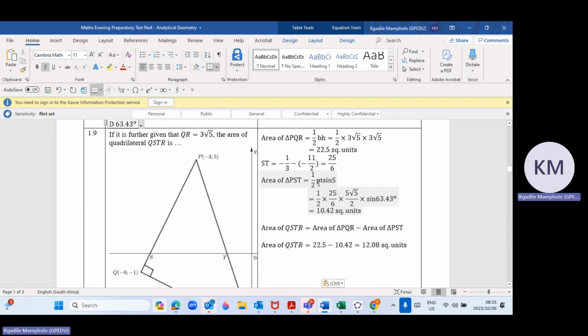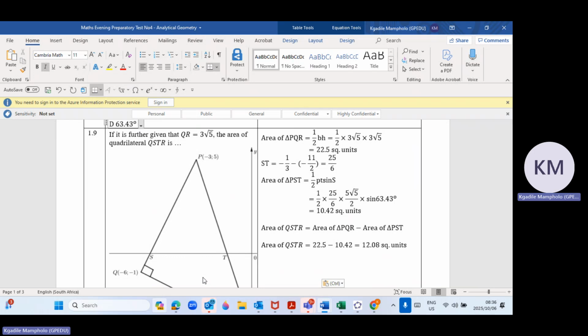So the small letter t, the small letter p will be the length of ST we calculated here, and then the length of the small letter t is this side, which is the length of PS, which we calculated in one of the questions as 5 root 5 over 2. Then times sine the angle here. The angle would be S. We know the area rule. So now when you calculate the area of triangle PST by using the area rule, then you get 10,42